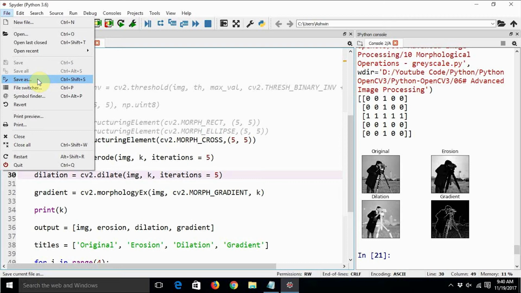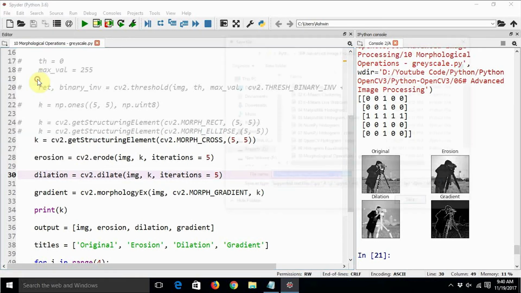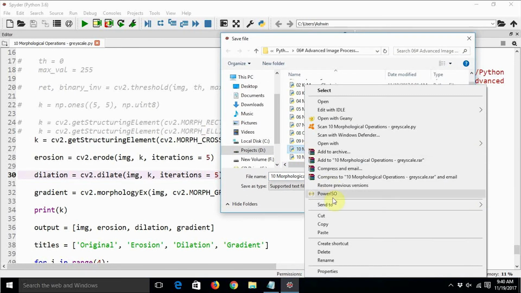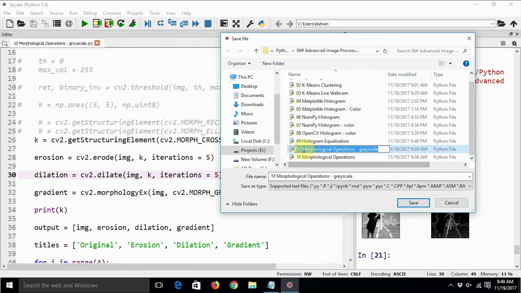It will just apply it on each channel separately, and then it will recombine the channels, and it will do it implicitly. We really don't have to be explicit about it. I mean, you don't have to divide it into various color channels, apply all these operations on those channels, and then recombine the image. OpenCV should be able to do that. So let's save it as a color version. I guess I have messed up the file name of the earlier one, so I will just rename this as 11.